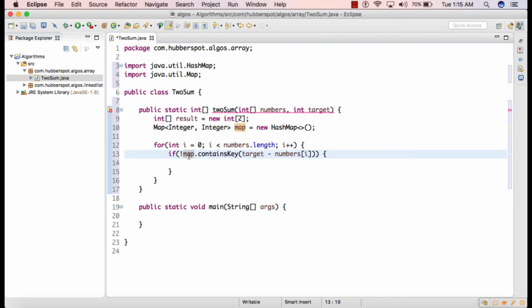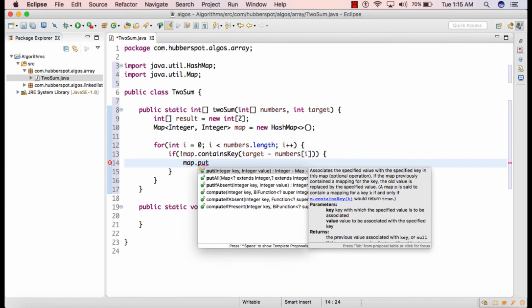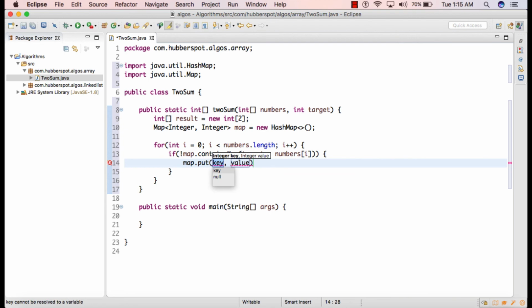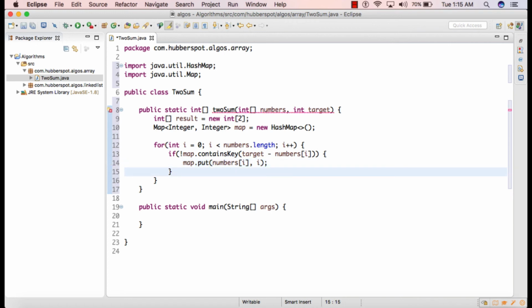So we'll just check whether the map contains the target minus number at ith position key, and if it doesn't contain, then we'll simply do map dot put, the numbers at ith position with its index value, and in the else,